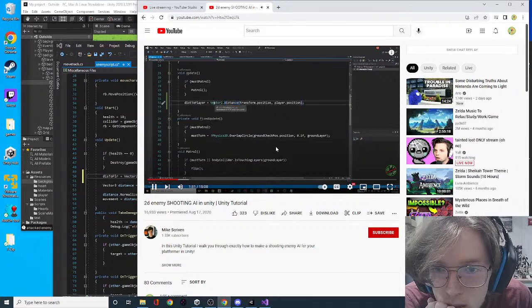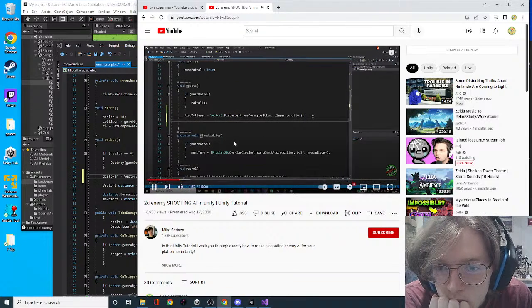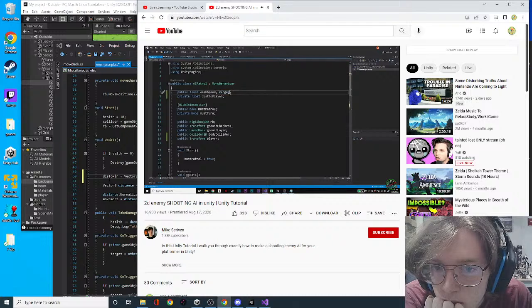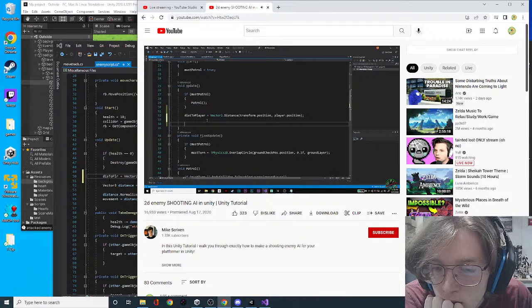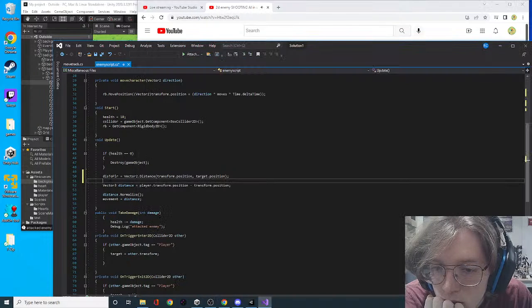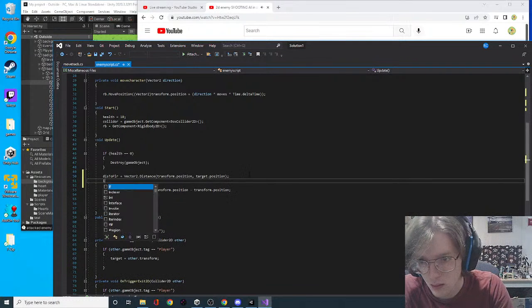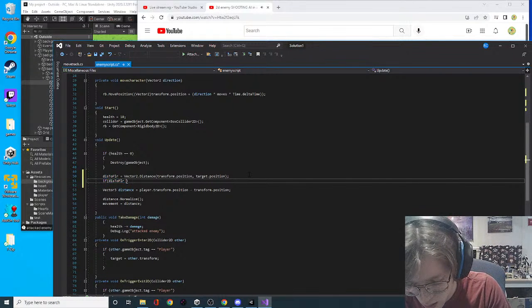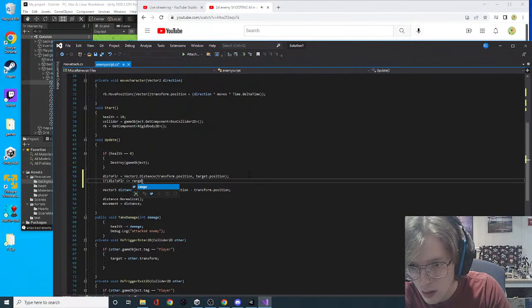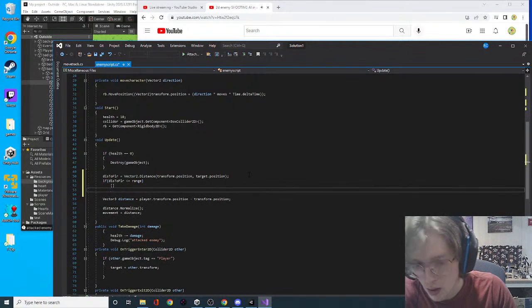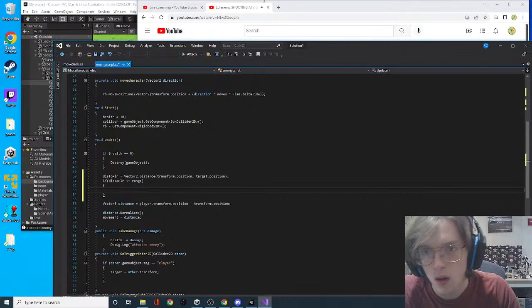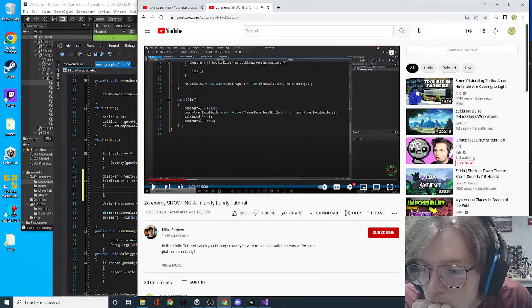in 2D space. The next thing we're going to do is check if the player is closer than the range that we set this to. And if it is, then we're going to want to make the enemy shoot at the player. So we do that by saying if distance to player is less than or equal to range, then we'll call a void attack or shoot or melee attack or whatever you want to call it. But in this tutorial we're going to stick with a shoot. So we'll call shoot function, and then